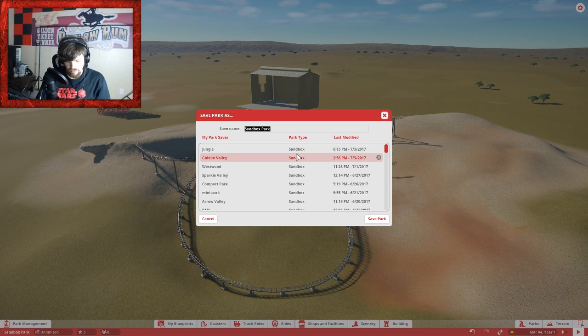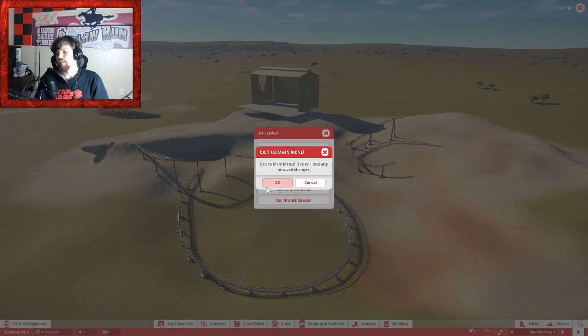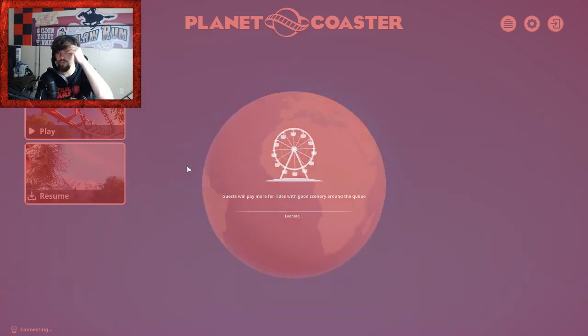As Silver Dollar City World. I'll just say world because I don't know if I've used the name Silver Dollar City yet. So I'm going to head out of here for right now, and we're going to take a look at the current state of the other world that I started in